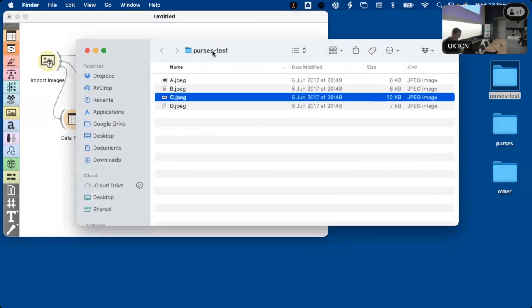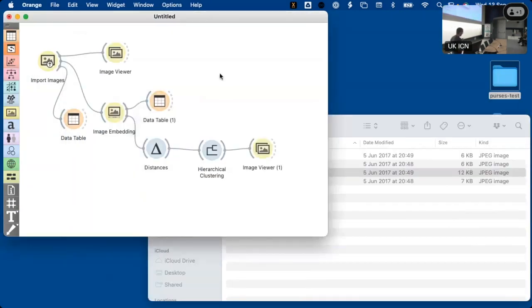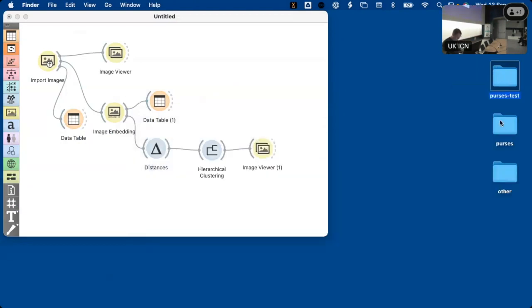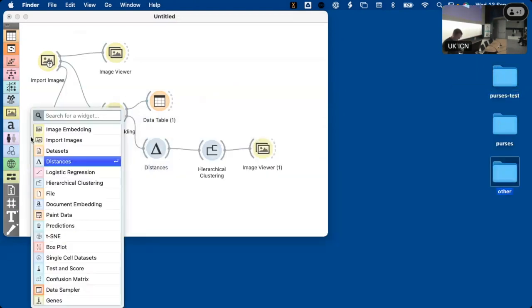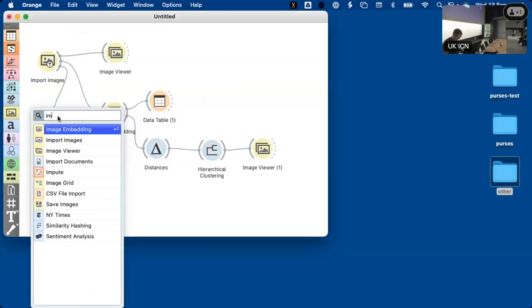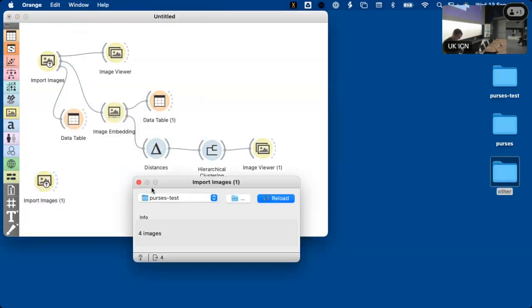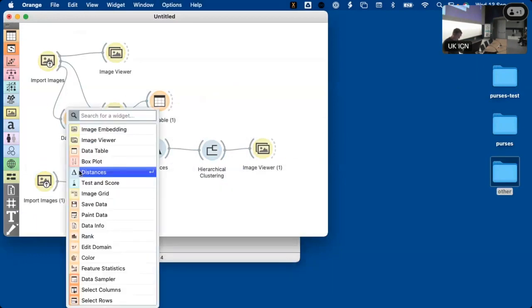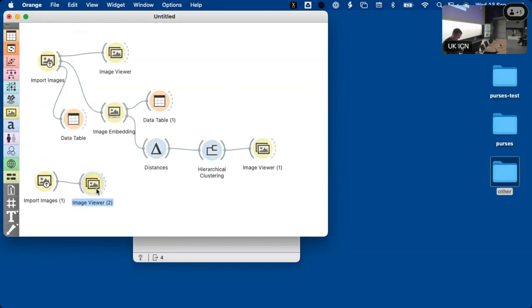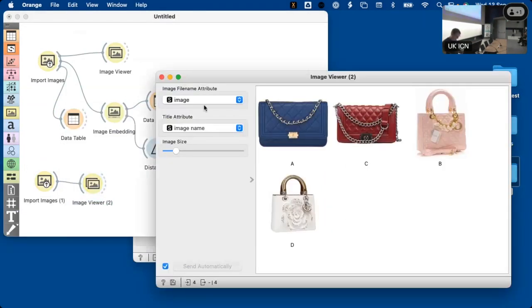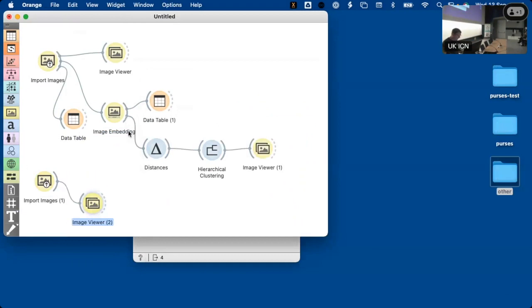And then maybe, from the purses that we have, we can train something called a classifier. Given the image of a purse, I can classify the purse to a particular designer. So again, I would need to read this stuff. I said, purses test. I import the images here, purses test. I told her I need to check whether the data that I have is the correct one. Well, there are 4 here. And from the purses